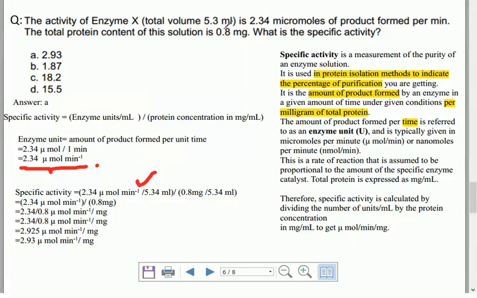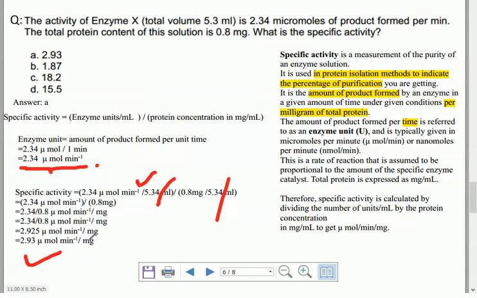So again we are considering the same solution. So total protein estimation के लिए यही solution इस्तेमाल हुआ है. अगर इसका कुछ fraction लेके, तो हमें फिर यहाँ पे उसकी वैल्यू लिखनी पड़ती. अगर मान लिया 0.34 mg in 2 ml of this solution, so we would have to consider here this value. But as in our question these values are same, we will cancel them out and then we will solve 2.34 micromole per minute divided by 0.8 mg, and on solving we get 2.93 micromoles per minute per mg.